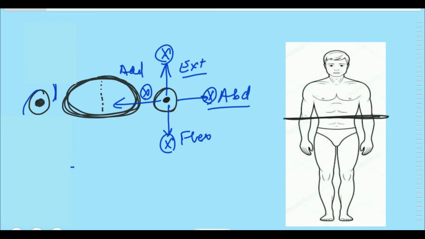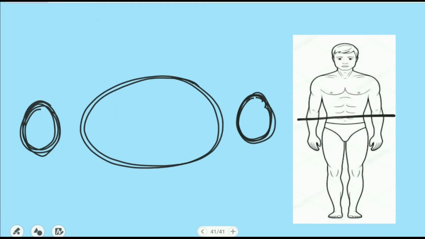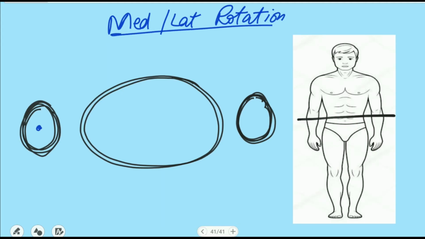So the muscle has 4 options and 4 movements here. Now coming to the third pair of movements, that is medial rotation and lateral rotation. Note down, rotation is not an angular movement, it is the rotation of the bone along its own axis. The bone may rotate in a clockwise direction and in an anti-clockwise direction if the joint permits. This is the humerus of the right side and this is the humerus of the left side. Now note down what is medial rotation. Medial rotation is inward rotation.